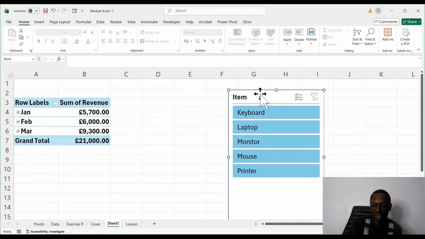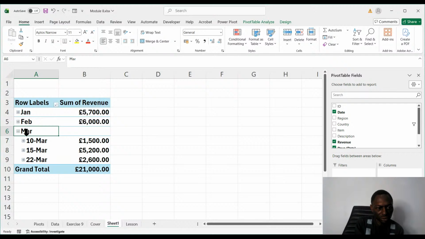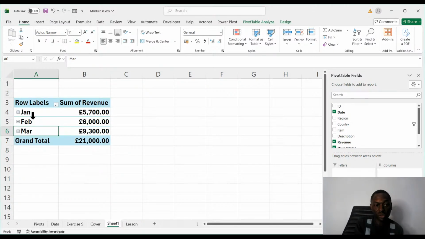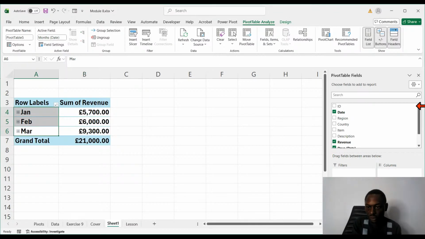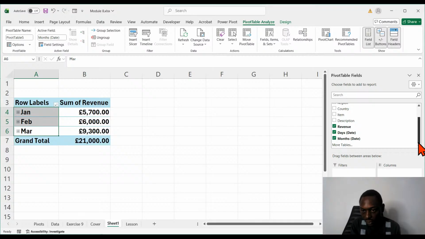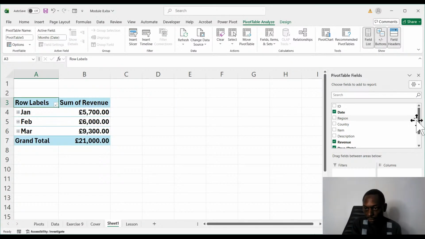Finally, let me delete this slicer for now. So just delete this slicer, and this has not been refreshed. Yes, okay, maybe I think it has. Let me check if this is matched. But I'm just going to click on this and go over here, and let me just refresh all. Okay, so this is refreshing all. And then now I'm going to deselect the dates,